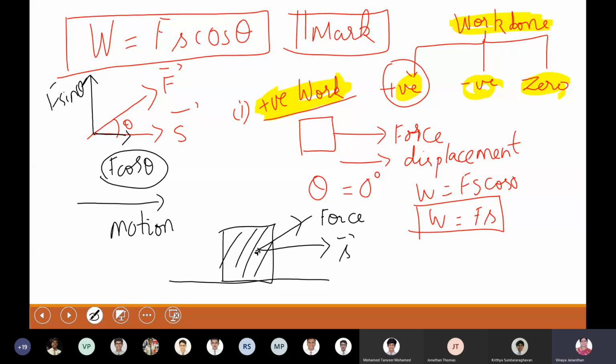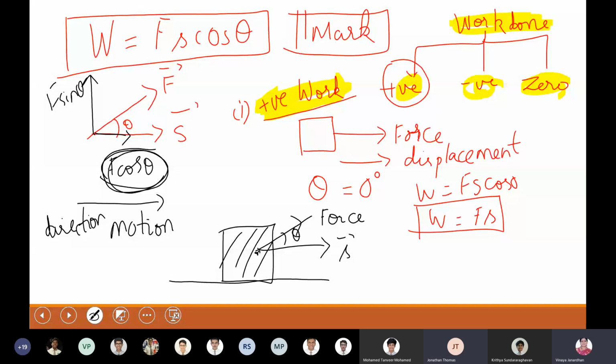See, you can drag the object in two different ways. One is you can just pull it horizontally. But now, your applied force is making some angle with the horizontal, right? It's an angular force. So in that case, you are resolving your force into two components, F sin theta and F cos theta. F cos theta is lying along the direction of the motion of the object, which is horizontal. So that is the reason the component of the force which is lying along the direction of motion is taken into consideration. Is this clear, boys?